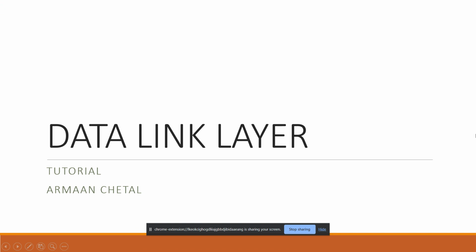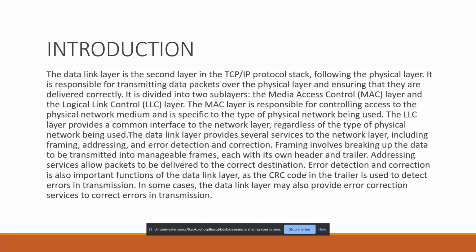This is a tutorial on data link layer. The data link layer is the second layer in the TCP/IP protocol stack, and it follows the physical layer. It is responsible for transmitting data packets over the physical layer, and it ensures that they are delivered correctly. It is divided into two sublayers, which are the media access control or MAC and the logical link layer or